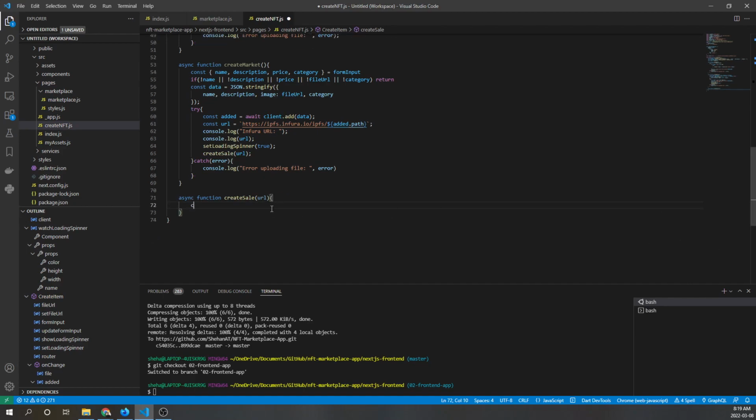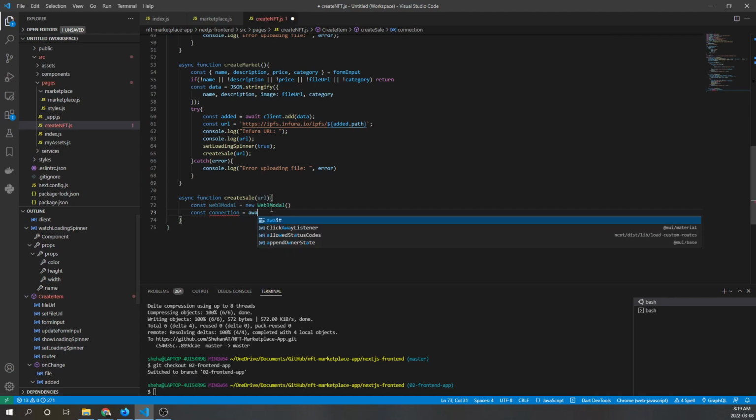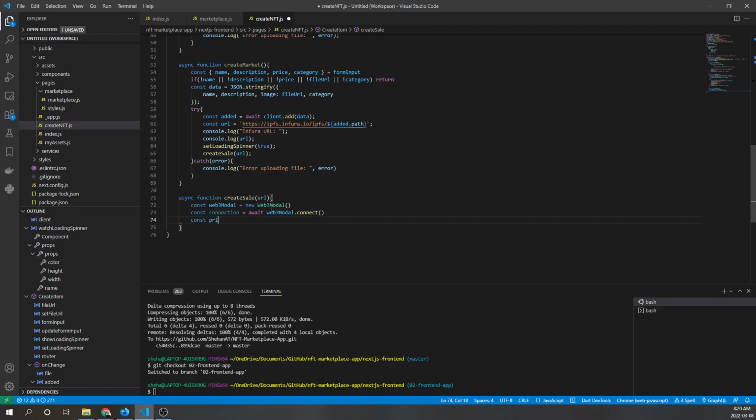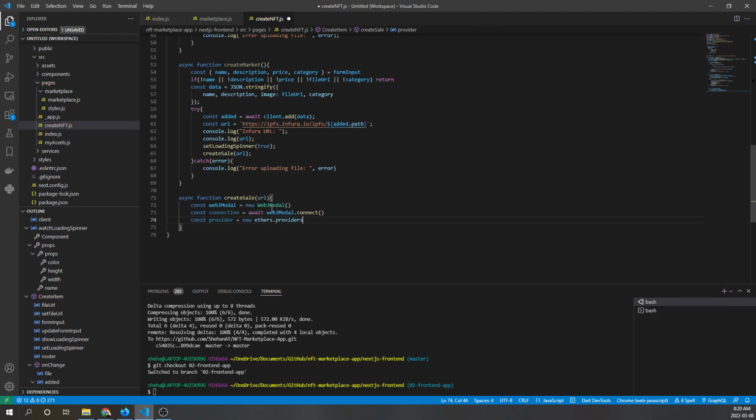So here we can render a Web3 modal instance. In order to create the sale, we're going to have to use MetaMask and confirm that transaction via the MetaMask modal that we saw in part 1. And in order to do that, we have to write the following code. So we're instantiating a Web3 modal, providers, Web3 providers, connection,